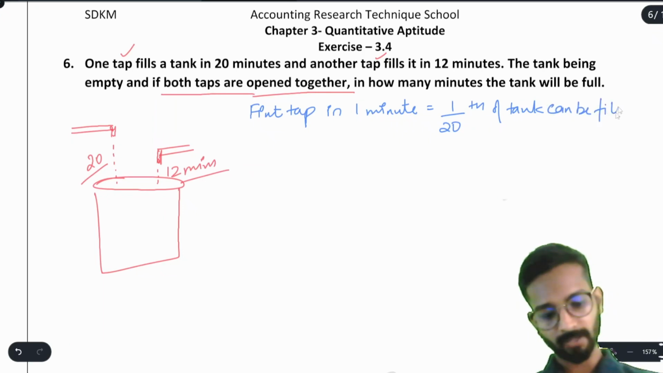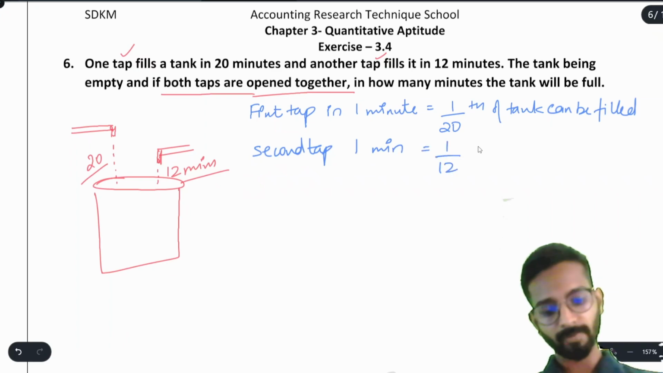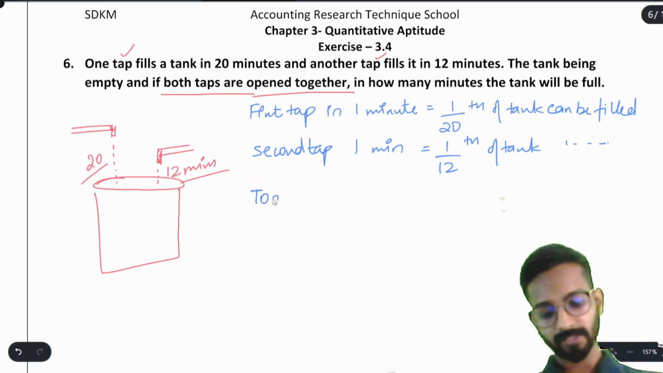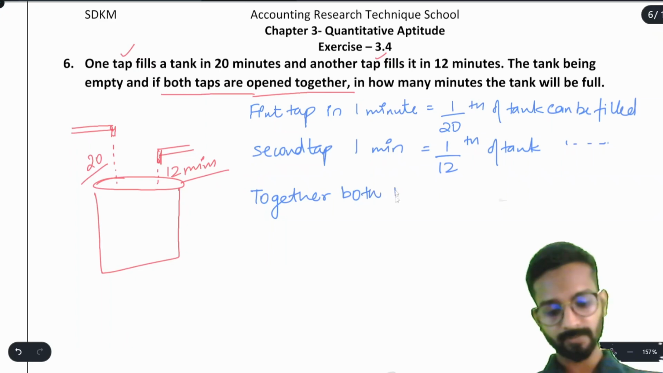Or you can say it can be filled. The second tap in 1 minute can fill 1 by 12th of the tank. 1 by 12th of the tank can be filled. Simple enough. Now if they both are open together, then together both the taps